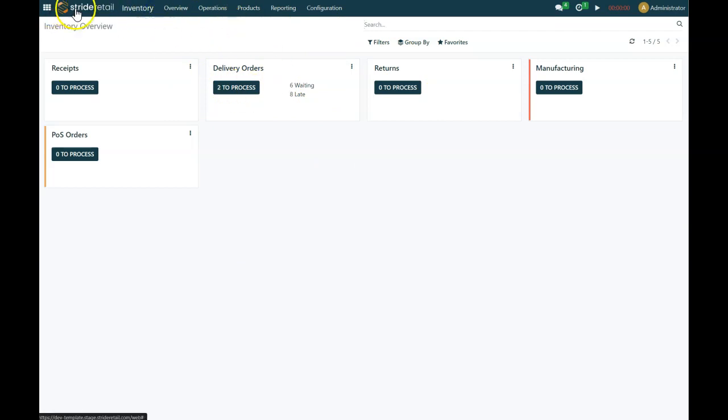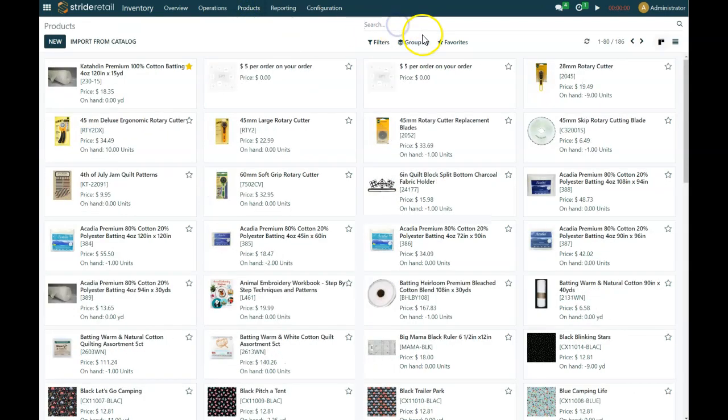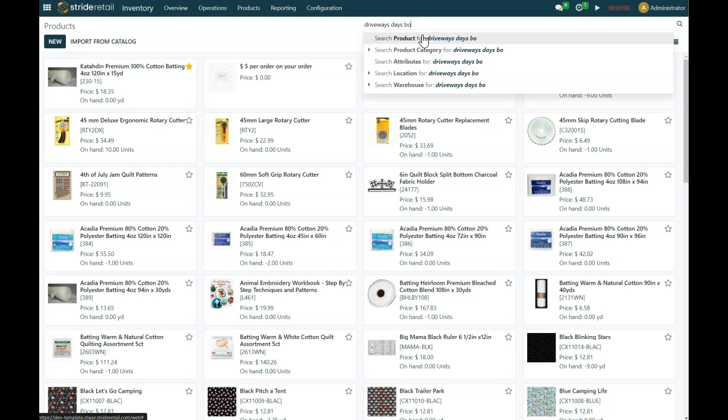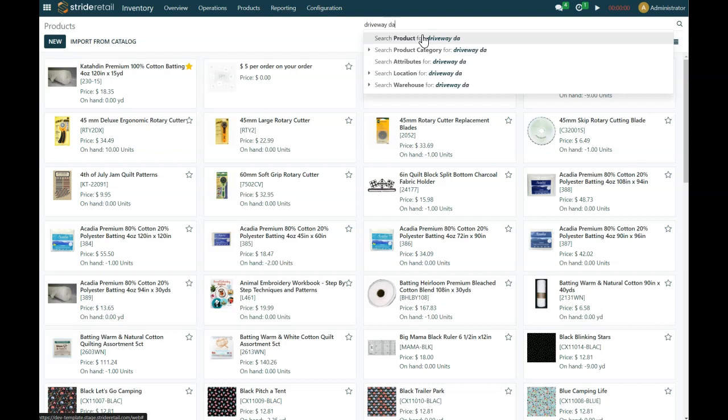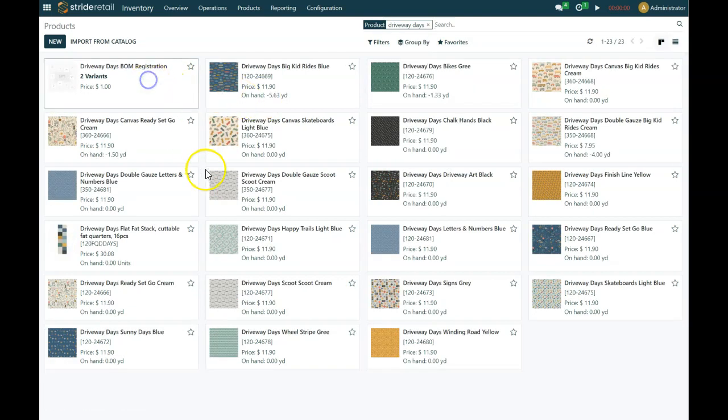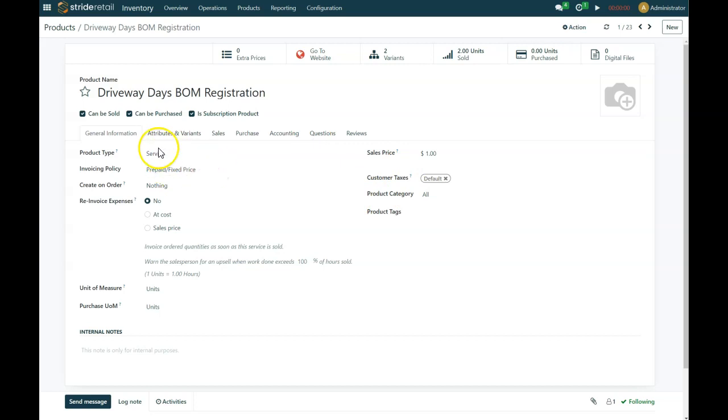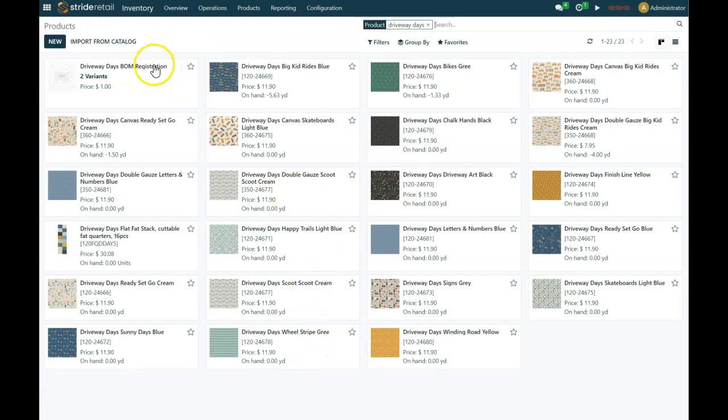So if you'll remember, when I set this up originally, the driveway days registration product is actually a service. So it will not create a delivery order for that first one, because this is assuming we're registering for a block of the month subscription, or a craft of the month subscription, or something along those lines. So it's totally possible. Like I said, I have a click-through guide that will go into some more detail, but I just wanted to show you